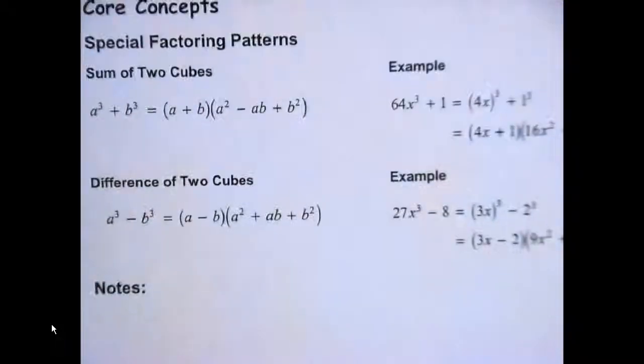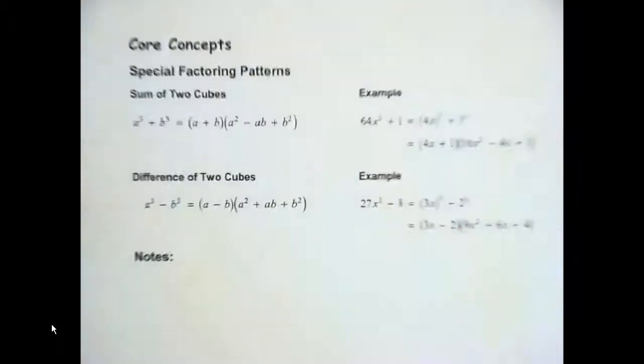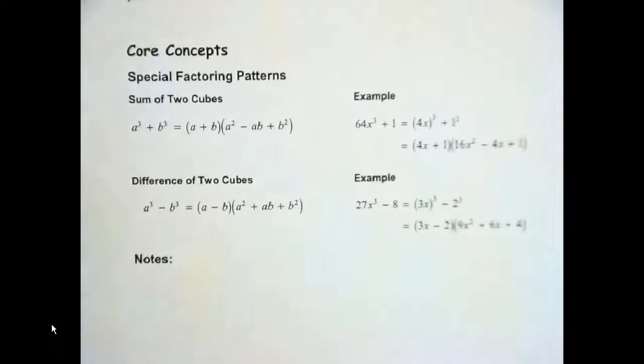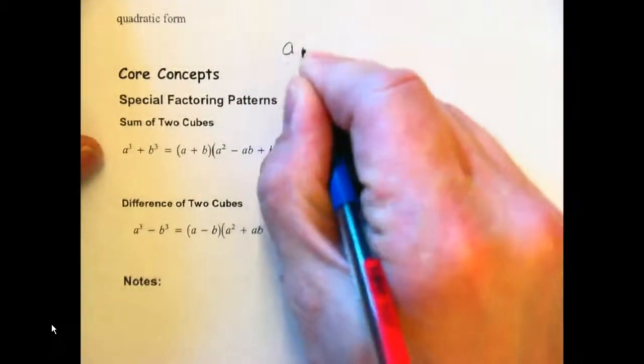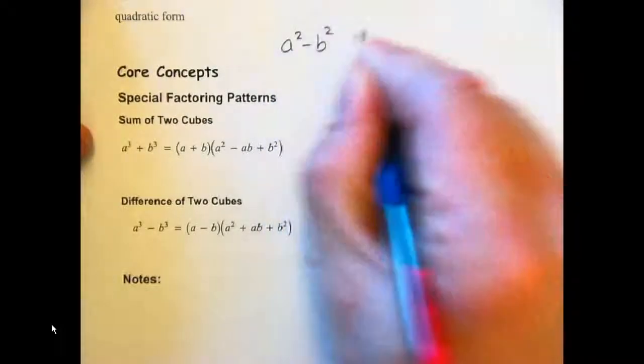Okay, one other pattern I want to point out to you today, and it's given to you. If you take a look at page 93 of your student journal, please note you're given 2 patterns here. One is called the sum of 2 cubes, and the other is difference of 2 cubes. Just like we have difference of 2 squares. Difference of 2 squares, by the way, is this form: a squared minus b squared is,